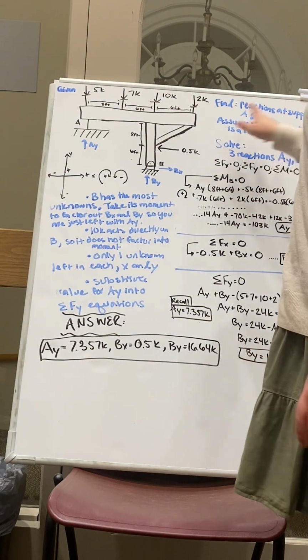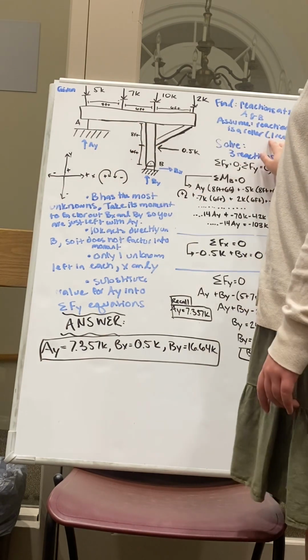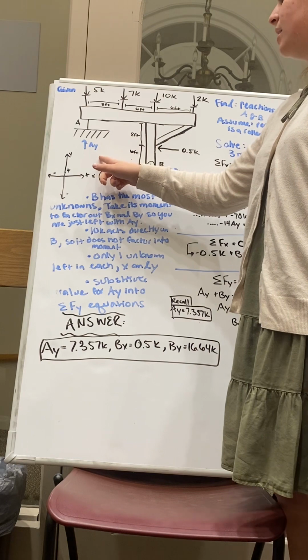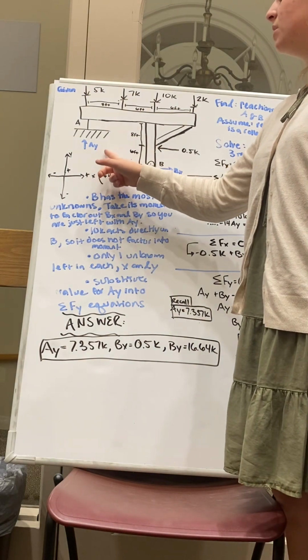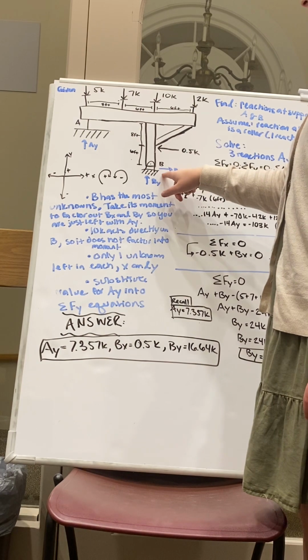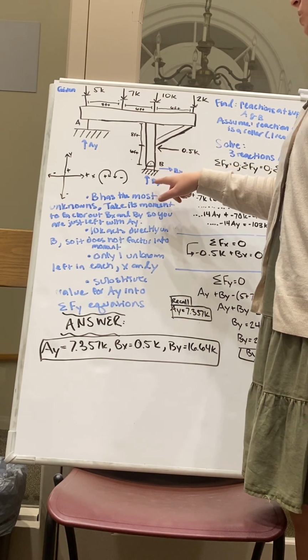Problem and told to find the reactions that support A and B. We're also told to assume that the reaction at A is a roller. This roller means that it has a reaction in one direction, and in this case it will be in the vertical direction, AY. We also have the pin connected at B, so we have two reactions, the vertical and horizontal,